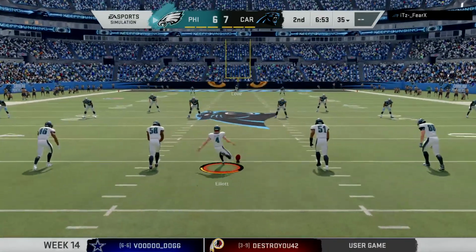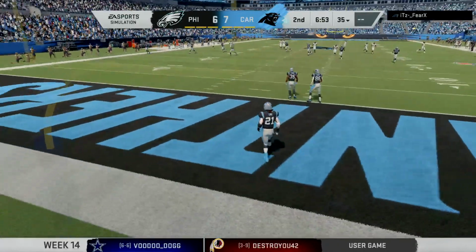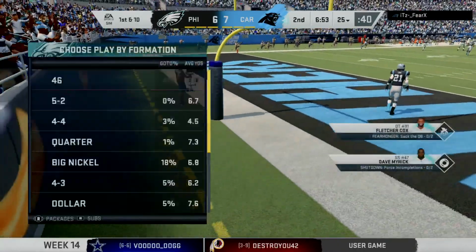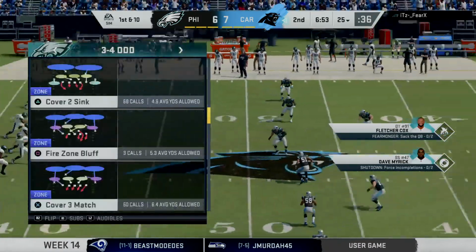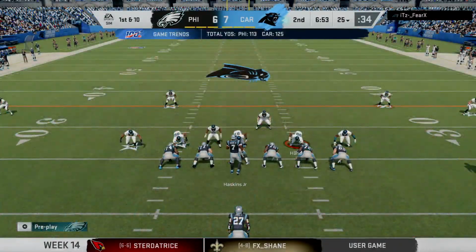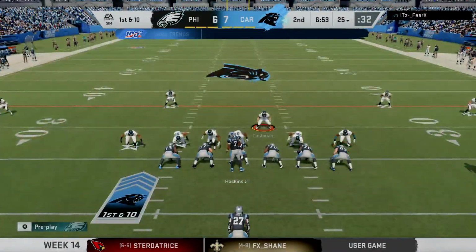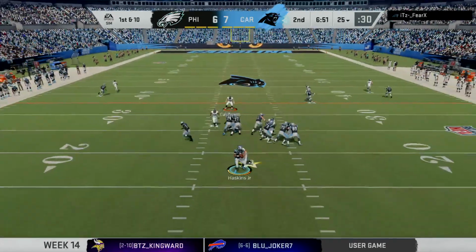These kickers now, it's like we take them for granted. Kicks like that used to be such a big deal, and now you just expect them to make it. Yeah, you're exactly right, and we shouldn't take them for granted, but I have a theory about it. You want to hear it? Yep. They are more athletic now than ever before. Talk about kickers. Trace their backgrounds, trace their histories. You'll find that they were big-time athletes all along, but their kicking was so prevalent that...